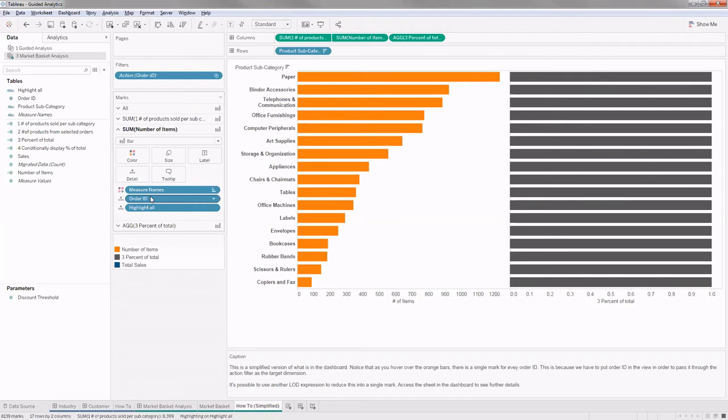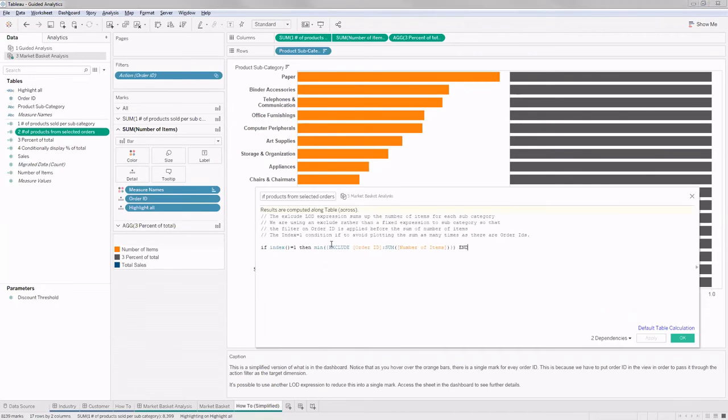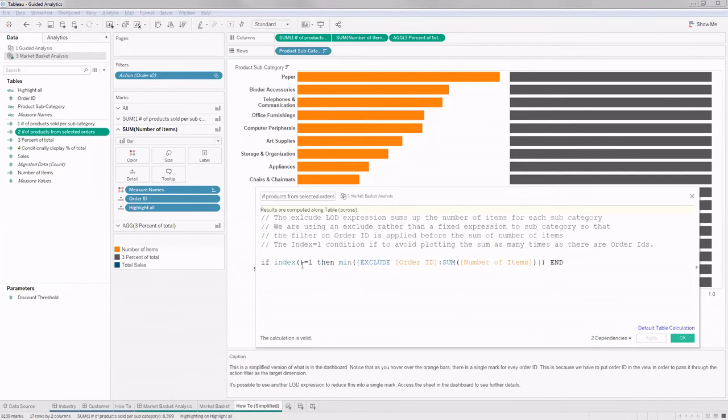Thereby I'll be able to use this order ID to enable that highlighting action once this visualization is done, number one. And since my order ID is already in the visualization, for this calculation the visualization is at the level of subcategory as well as order ID.